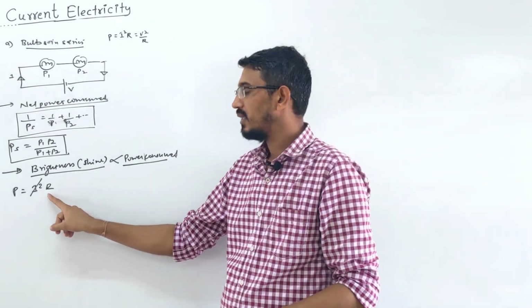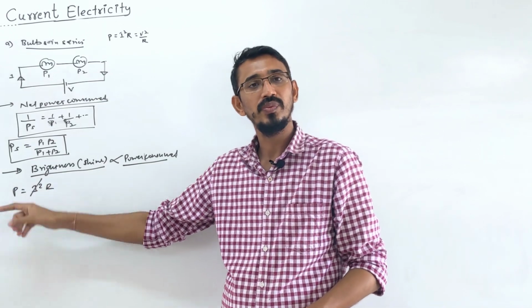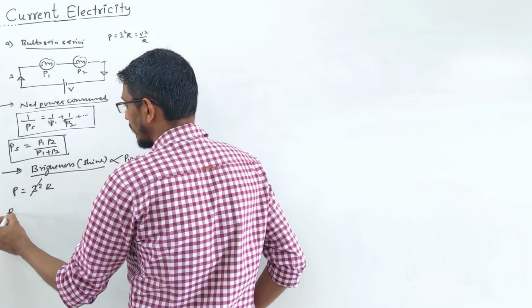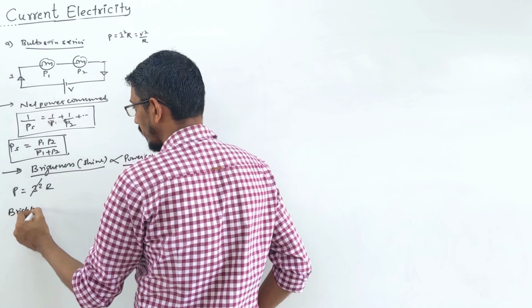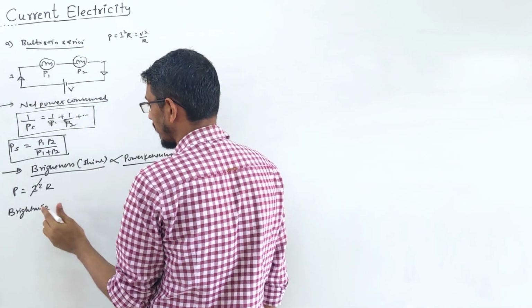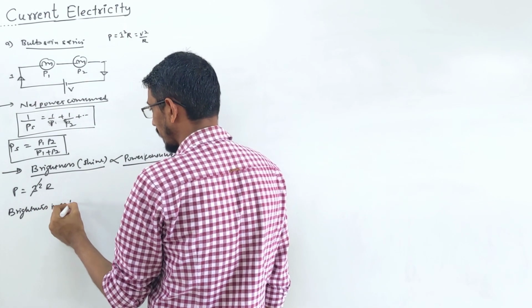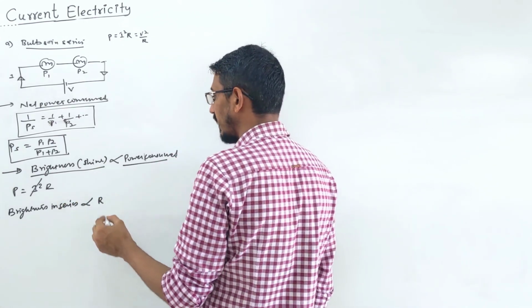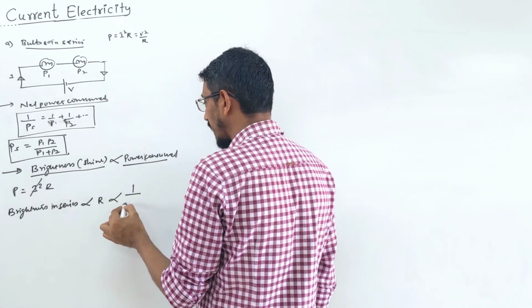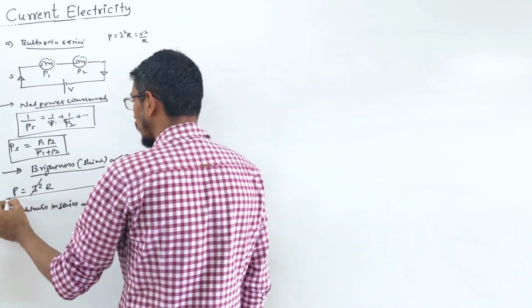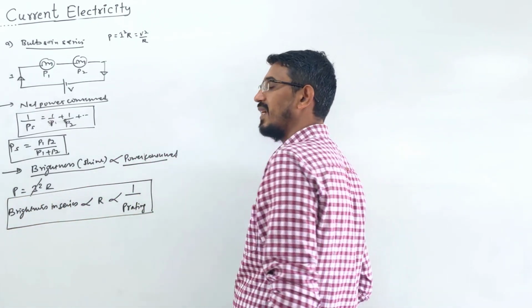Obviously what is the answer? The higher the resistance, the more power consumed, the more brightness. Okay. So I am writing here again, in case of series, brightness in series will be directly proportional to the resistance of the bulb, right? Or inversely proportional to what? Power rating. Also do not confuse once more between power consumed and power rating.